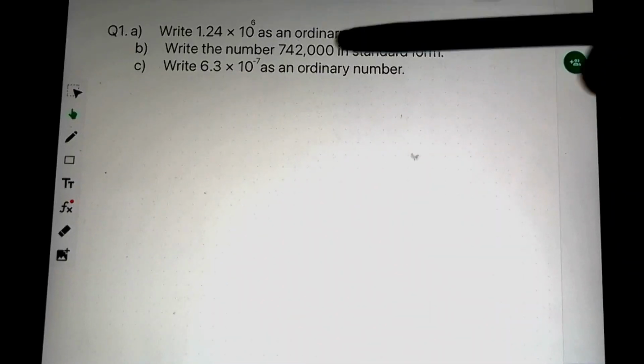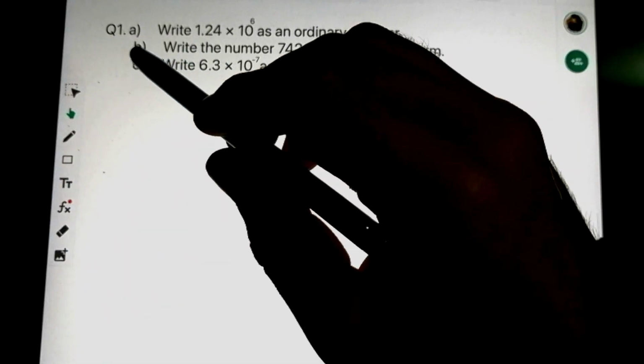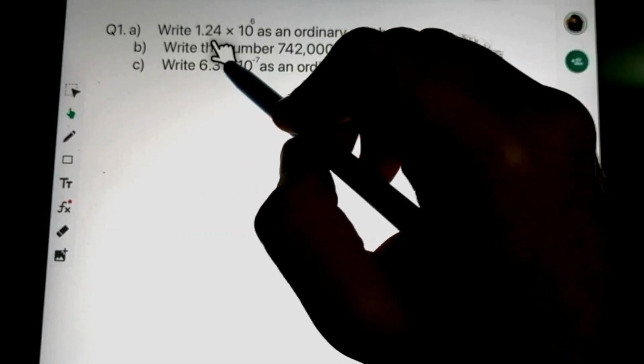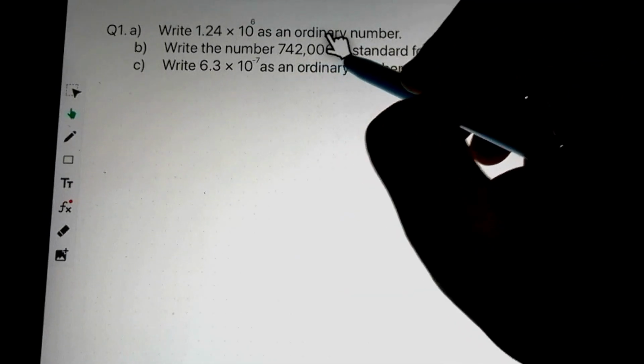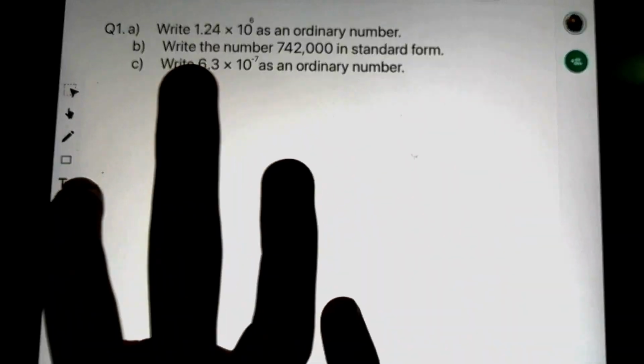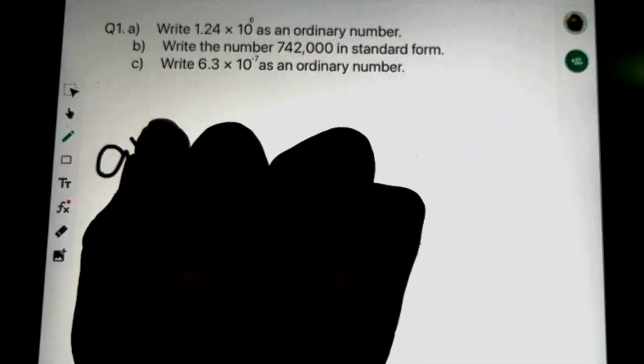Okay, so in this video, we'll be doing some questions of standard form. So let's get straight into that. Okay, so question 1 part A says write 1.24 multiplied by 10 raised to the power 6 as an ordinary number. Okay, so part A says 1.24, so we could write that as